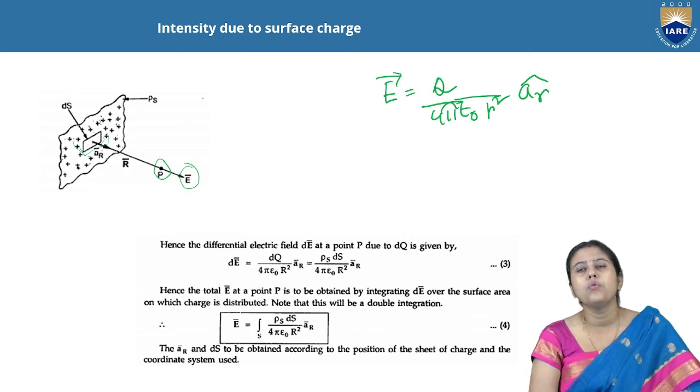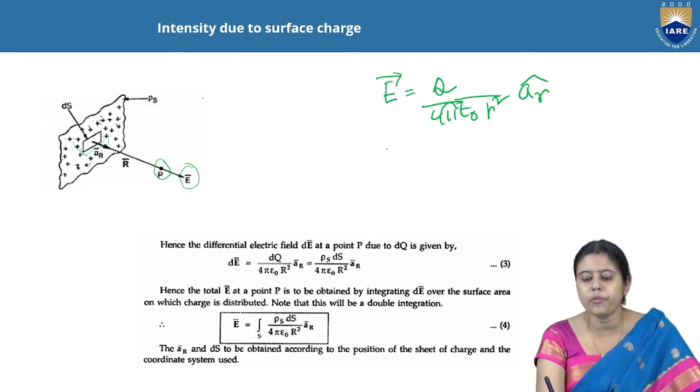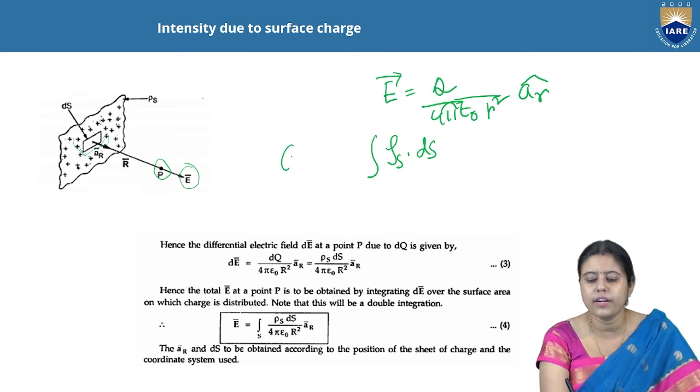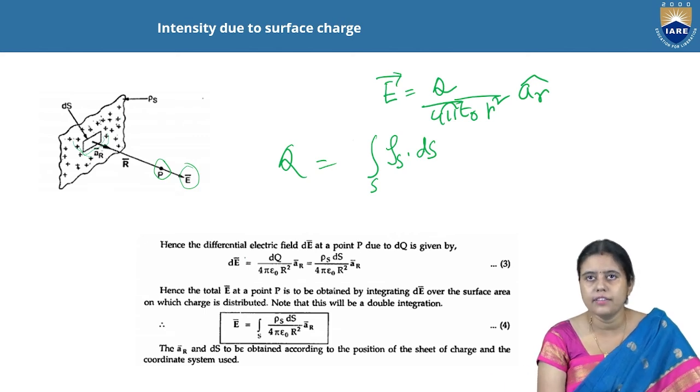Here also we have to calculate the Q. So how to calculate the Q? If we know the surface charge density rho S, then Q is equal to rho S dS along its surface. So we can see here,